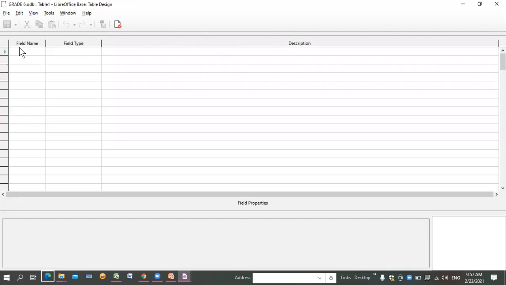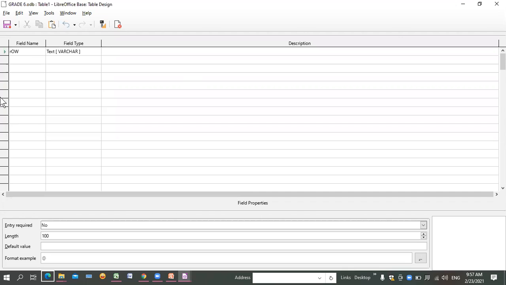Let's suppose you want to start from the field name. The first field name, we keep it Row. As you can see from your book, page number 64, they created the table for you. This entry, you have to put it in the table. Row